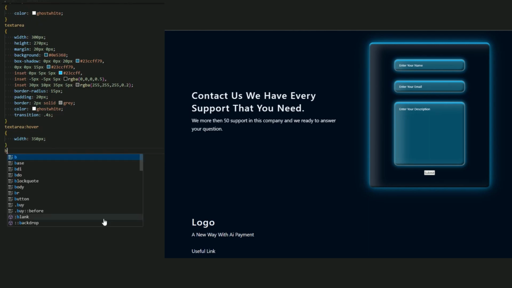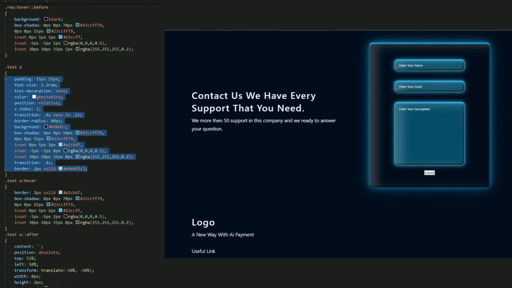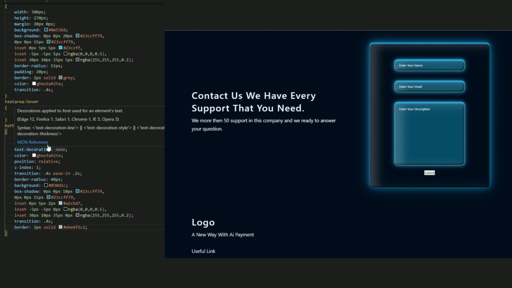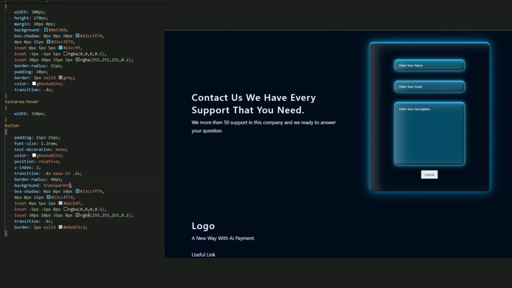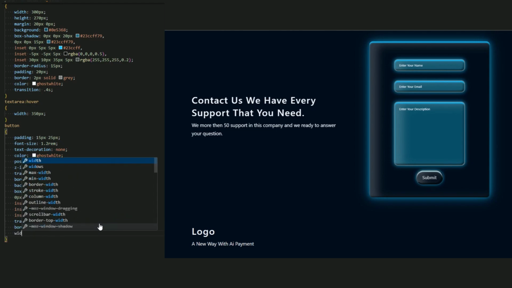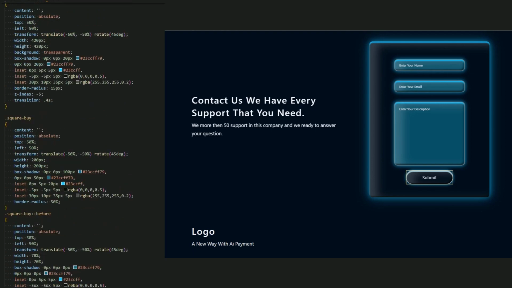let's style it just like the a link. Let me just copy the a link style. Where is it? Yes, here it is. Copy and paste it again here. Font size be the same and the padding all be the same. Let's use a background transparent, and box shadow be the same. Yes, yeah. And let me add the custom width 200 pixel and the cursor pointer. There we go. And let me add the before just like we added the after for this a link.